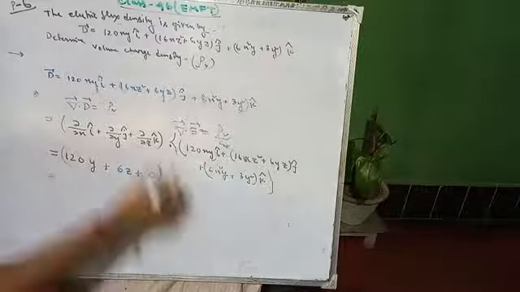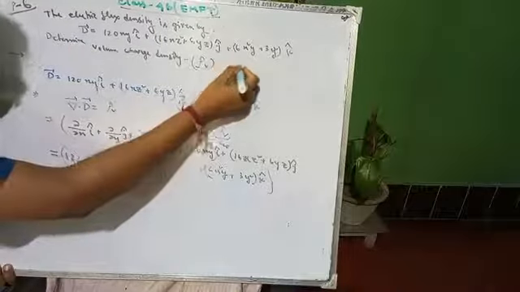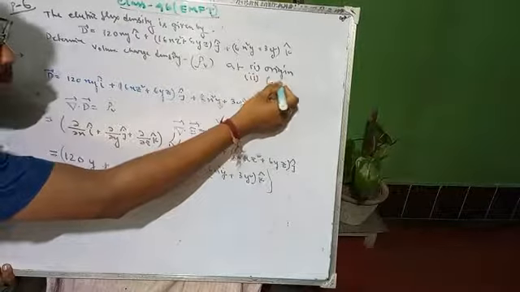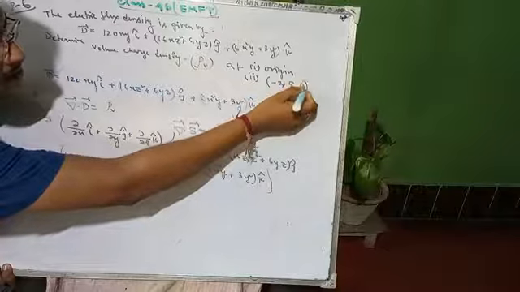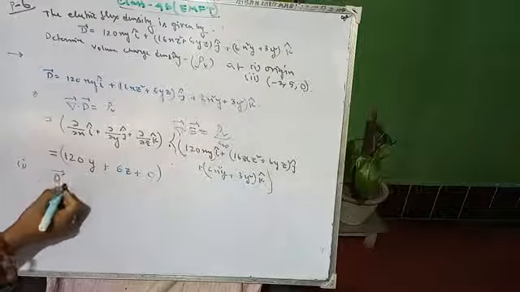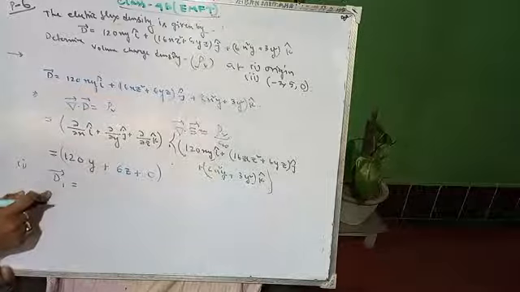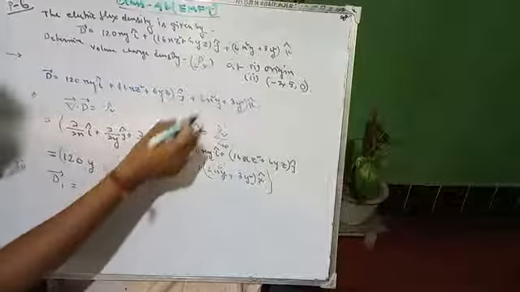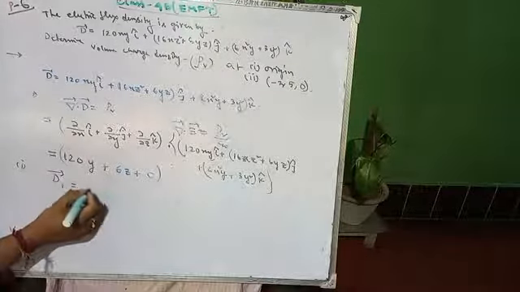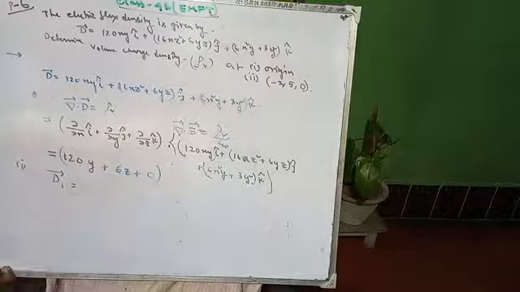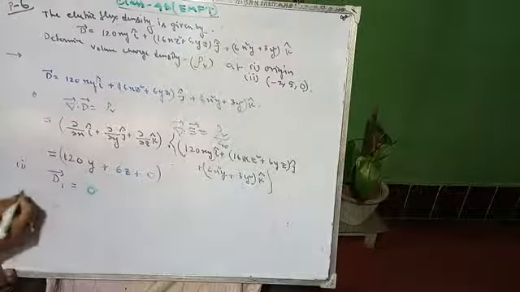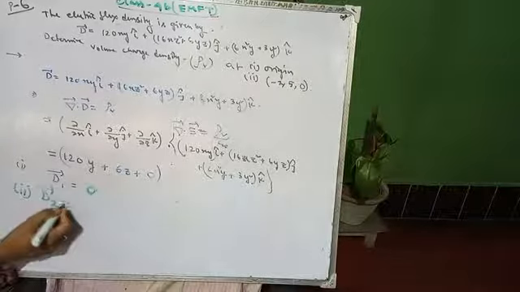So now add one extra question over here. Determine the volume charge density at (i) origin and (ii) minus 2, 5, 0. For the first case, rho v at origin, if we put origin, that is 0, 0, 0, instead of y you have to put 0, and instead of z you have to put 0, so your result will be 0.